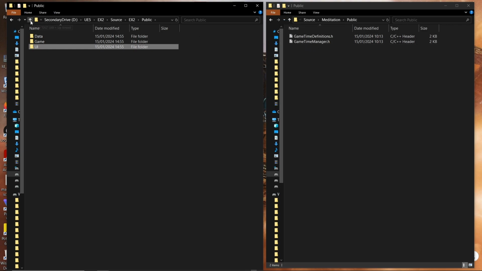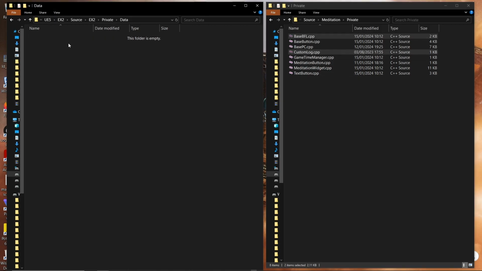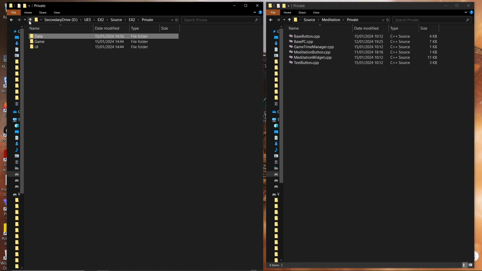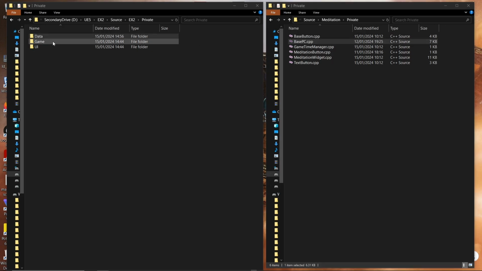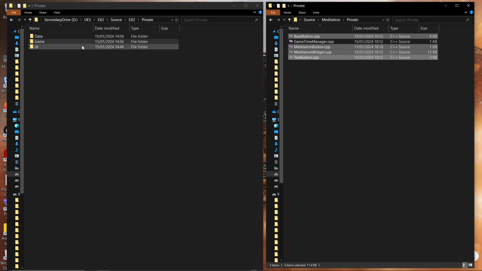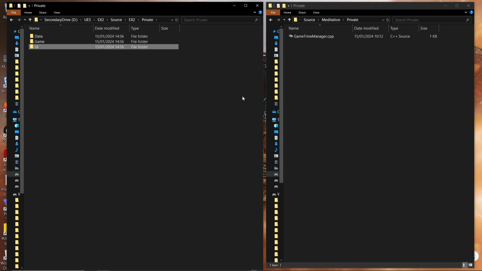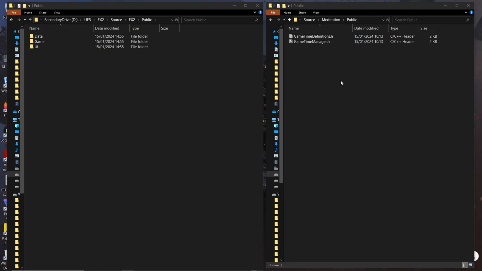And now we do the same on the other side, we need to move to private. So again, base BFL and custom log, Control X. Base PC, Control X. And the last one we move to UI. Okay, that's a start. Now, regarding these two files that I left here, game time definitions, we can delete because